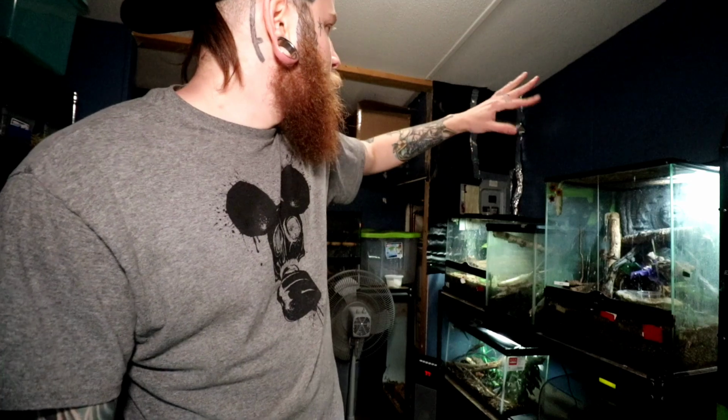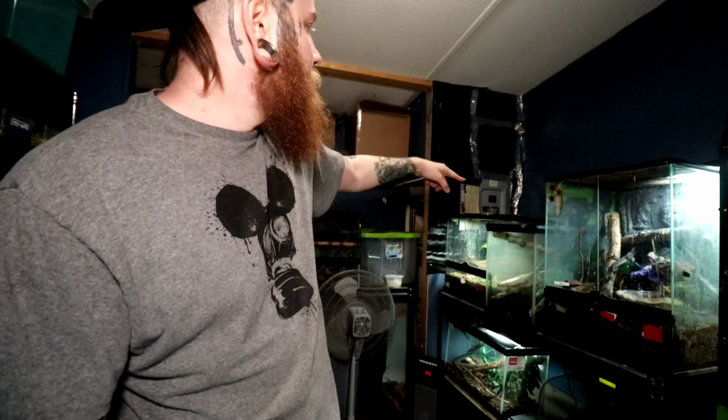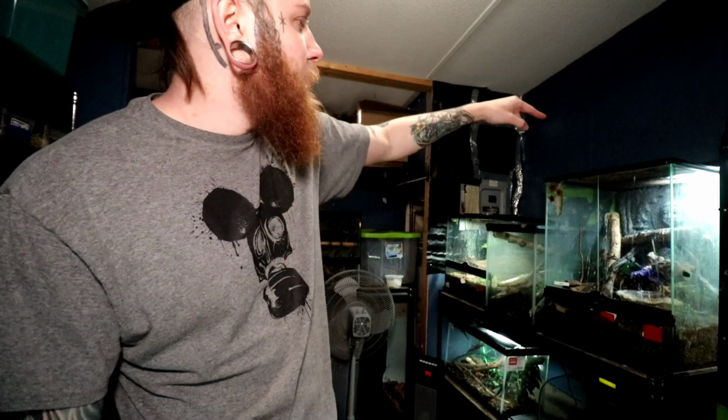And there you got it, just a quick little standingi setup for the pair. We actually moved it over here, so we're actually going to swap the UVBs over, so the pair has the UVB with the Chihuahua, and the Chihuahua's UVB is going to go over with the day geckos. Kind of a quick swap. Next step up is going to actually be the fun part, and that's getting the standingi geckos out, so this should be...